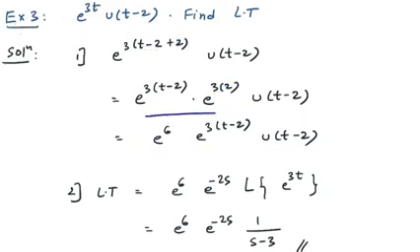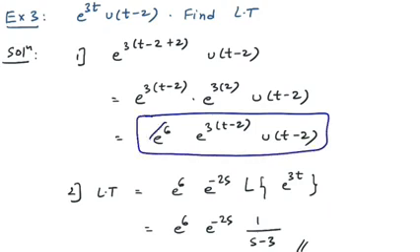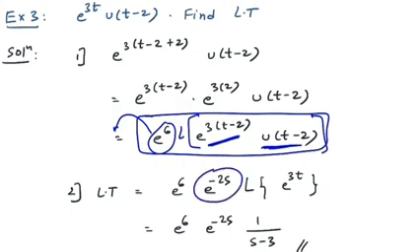So when you are taking the Laplace of this function, this part is constant, right? You can take it outside. So Laplace of this part is what? So first you have to use the Heaviside shifting property. You can see that here also the function is f of t minus a, this is u of t minus a. The bracket can be fixed using e raised to minus as. Once you place e raised to minus 2s, now the position of time is at origin, which means you can find the Laplace of f of t, which is Laplace of e raised to 3t, and Laplace of e raised to 3t is 1 over s minus 3. So this is the final answer.